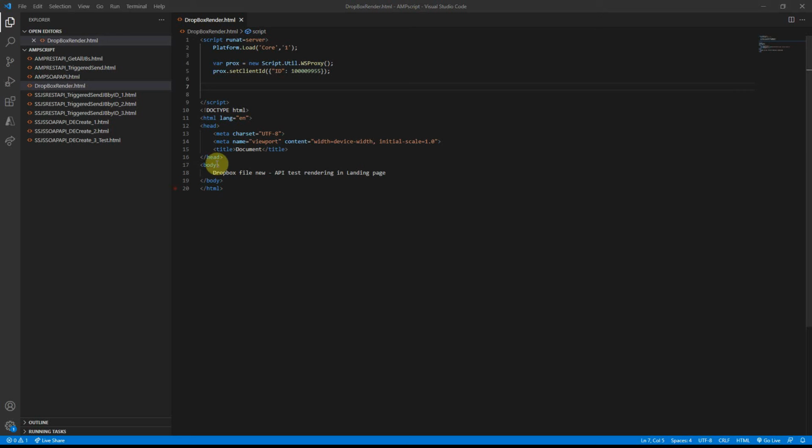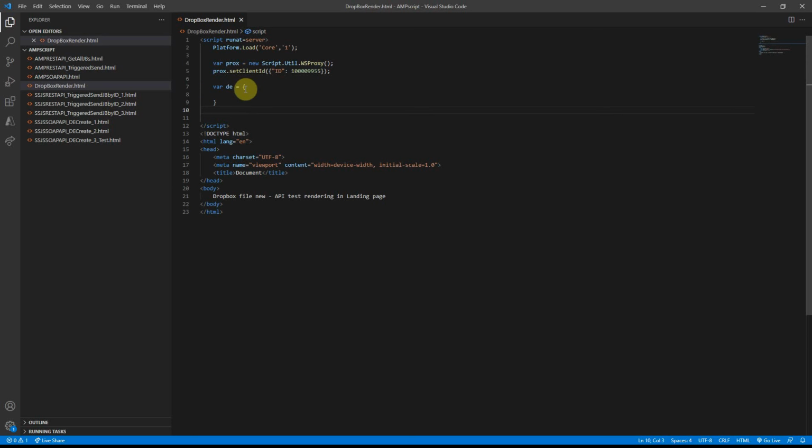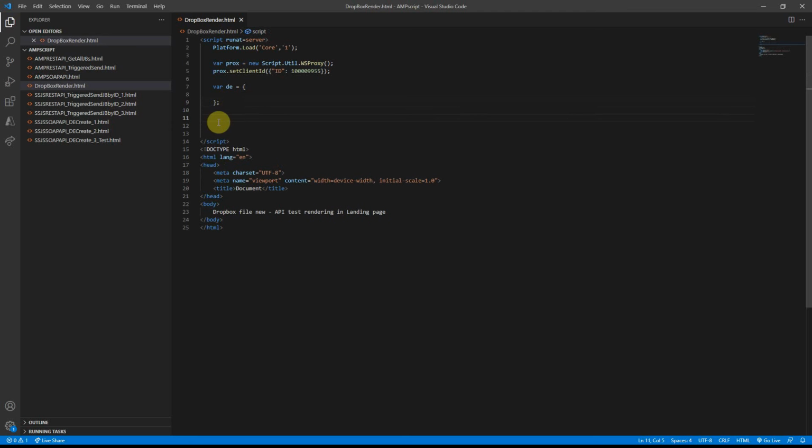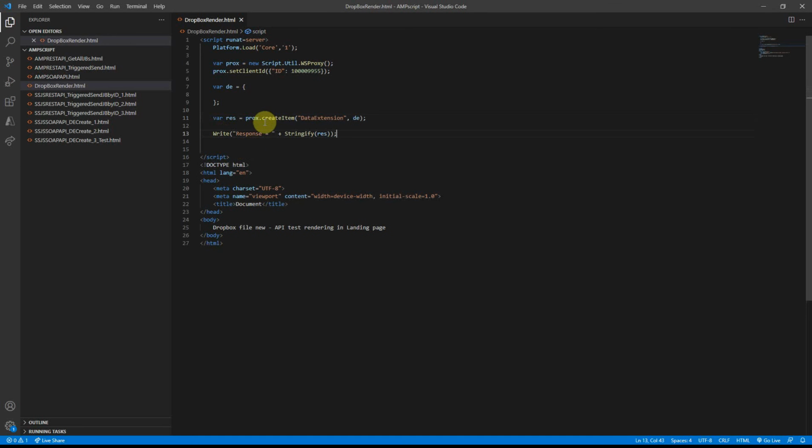In our case, we want to create a data extension. So I'm using a variable called DE, and I will specify that as a JSON object. You just have to provide that here, saying this is the JSON object I want to create. Once I have that created, I can go ahead and execute that as part of the create call. It's actually createItem, not invoke create. So once I have the JSON object done, the last step that we need to do is use the createItem method here under that proxy object.